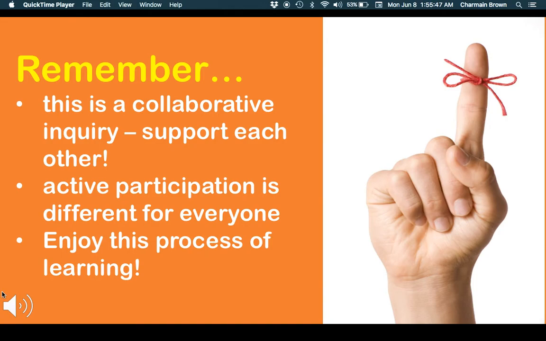Just a reminder that this is a collaborative inquiry, so it's really important to make sure that every member of your team knows where you are in terms of your part or your aspect of the planning, that you're working together so that the unit flows in a cohesive way. It's great to divide up the different roles, but we have to make sure that it's coming together in one cohesive unit that has a clear scope and sequence of understandings from one area to the next.